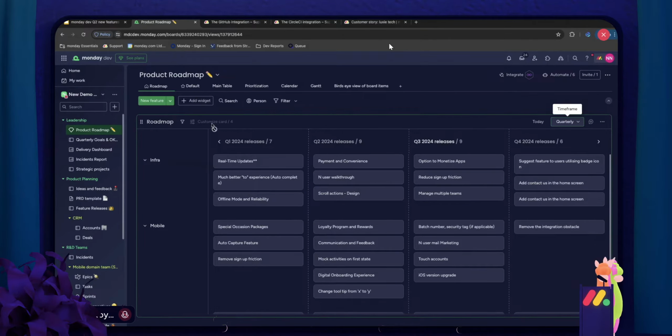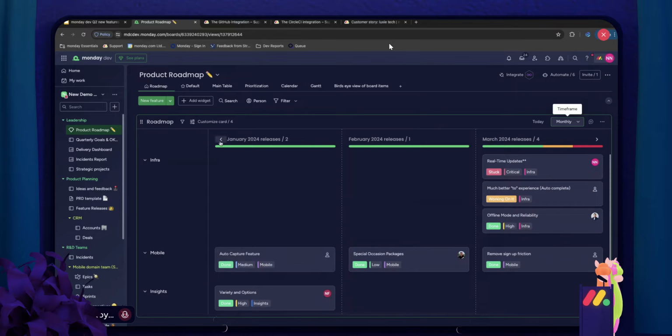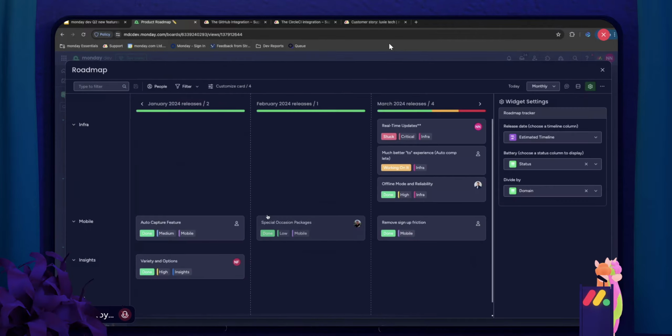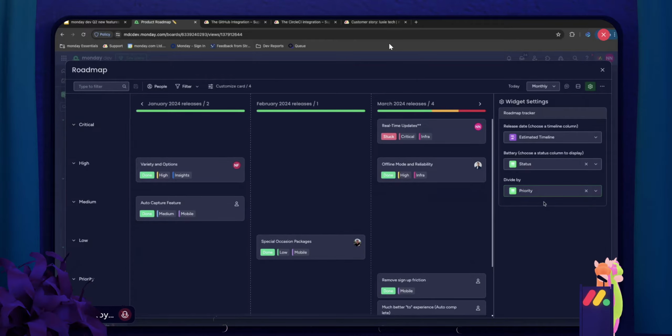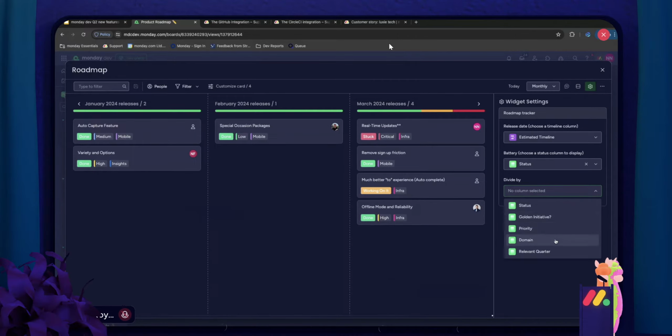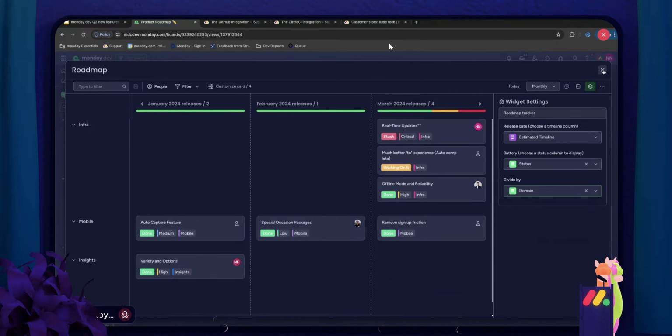And then, of course, everything is super customizable. So here you can customize what you can see on the cards. You can add filters, and you can also go to the settings and group it by something else. Here I have it grouped by domain, but I might want to change it, for example, by priority or anything else. The fun part is that, let's go back to domain and look at it from